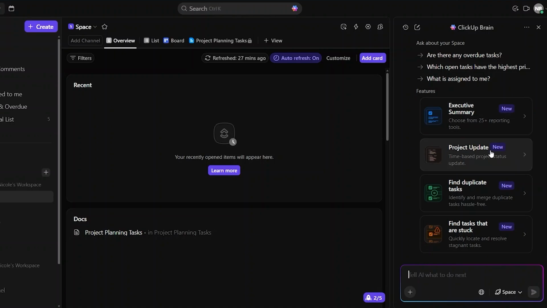You can get your project update if you click here. So instead of going there yourself and looking up updates, you can set a time-based project status update. You can keep getting it at certain time intervals, and you don't really need someone to give you those updates or go there yourself and do it. So it's going to save you a lot of time,